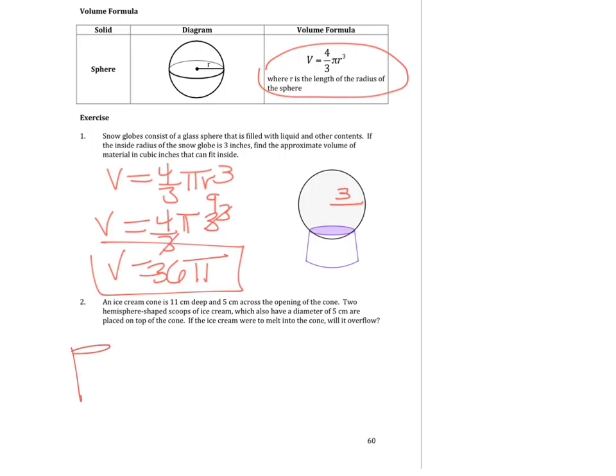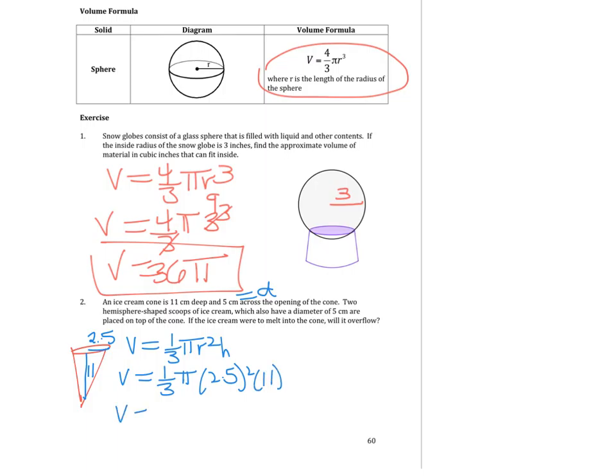Okay, so here's my cone. That's 11 centimeters deep and 5 centimeters across the opening of the cone. So that's the diameter. Half of that is the radius, so 2.5 is what I need. And I'm going to find the volume of that, which is 1/3 pi r squared times h. So that's 1/3 pi times 2.5 squared times 11. And we get a final product of